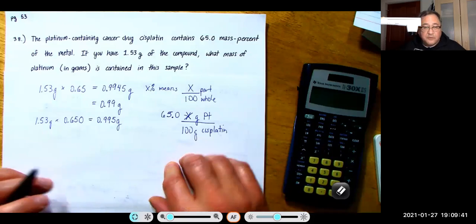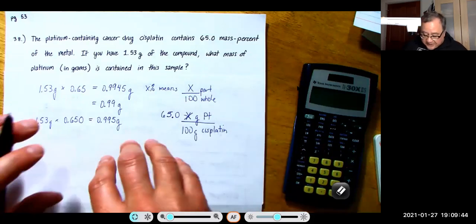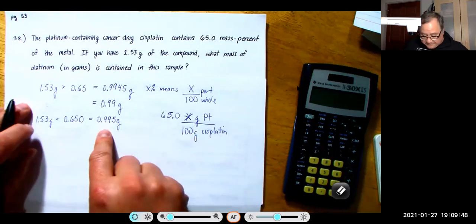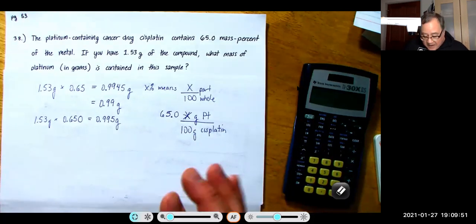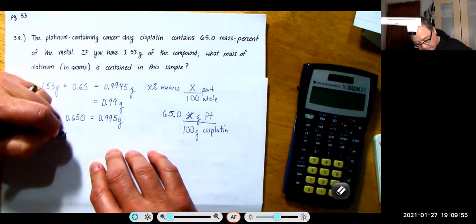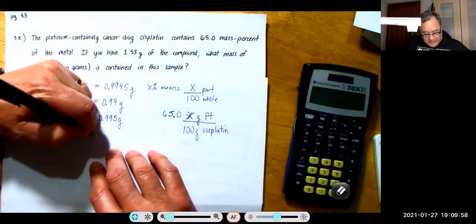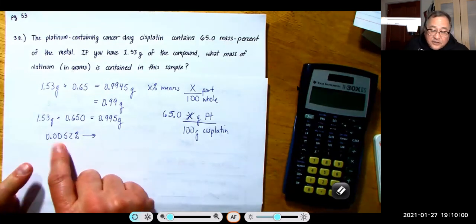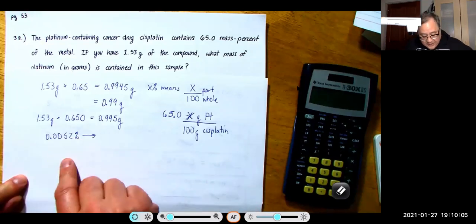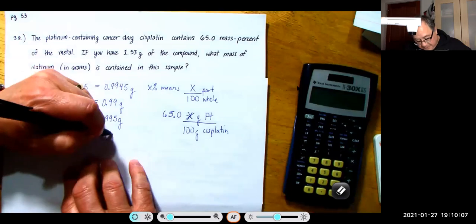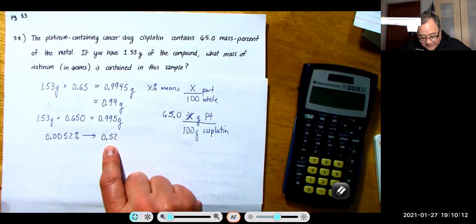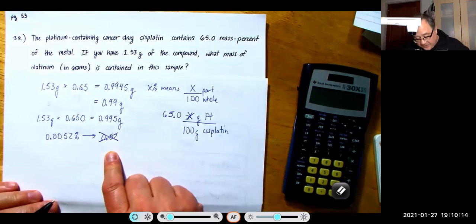And I want you to do that for percentages from now on in this class, because this is much more informative than this over here. There's another reason why I have you do this. A lot of people, when they take this and they turn it into a fraction, so they get rid of the percentage, half the people will write this, and this is incorrect. The correct answer is